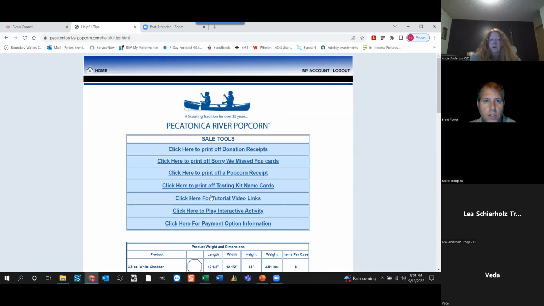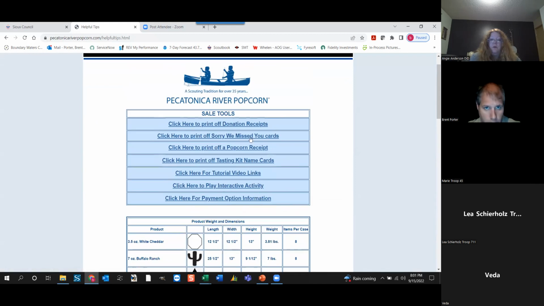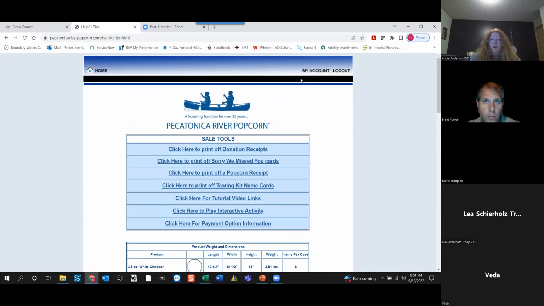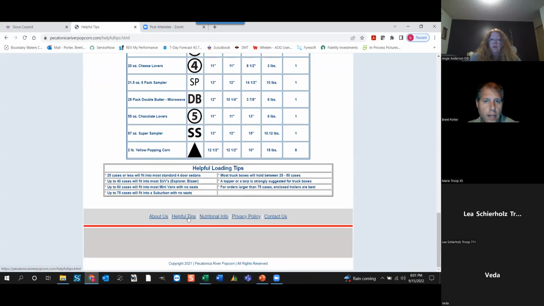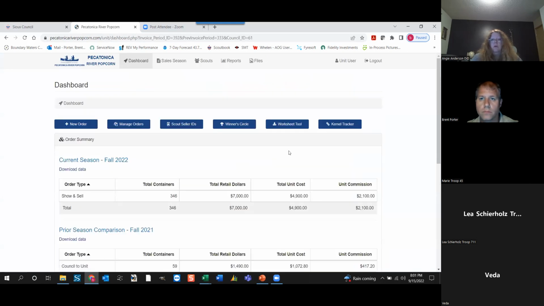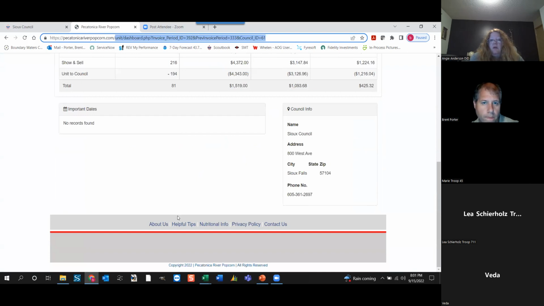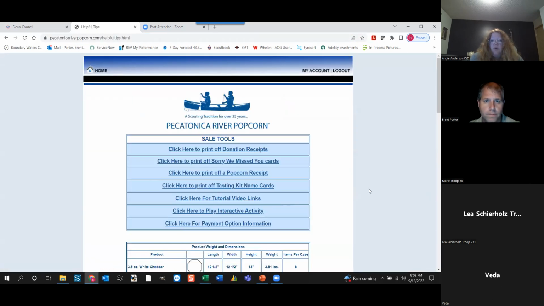Donation, print tips, click here, play interactive activity. So here's some information you can use once you get logged in, at the bottom, for helpful tips. Feel free to use any of this. Yep, it's on one of those lines.